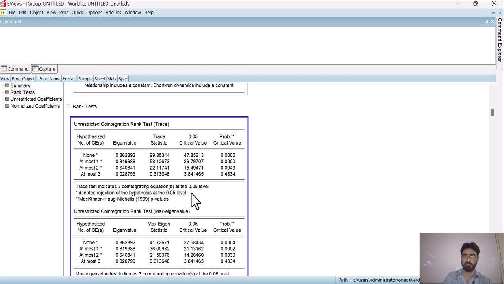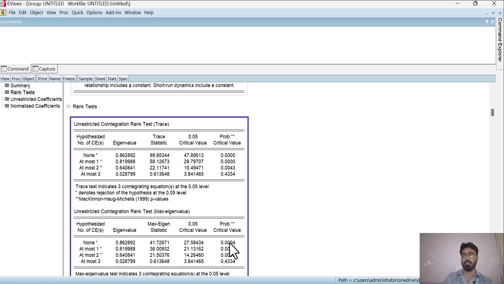Now if you see the max eigenvalues, None means there is no cointegrated equation, that is the null hypothesis, and the alternative hypothesis is that there is a cointegrated equation. Our probability value is less than 0.05, which means that we have to reject the null hypothesis and accept the alternative hypothesis.